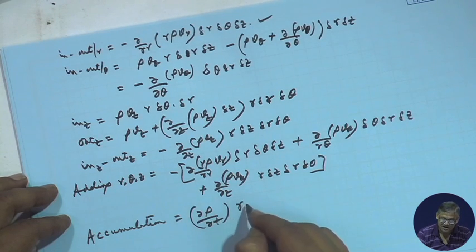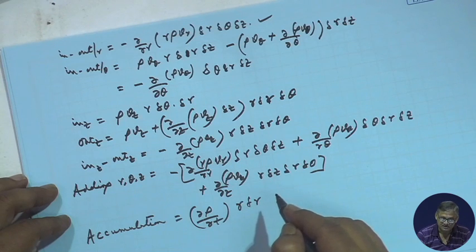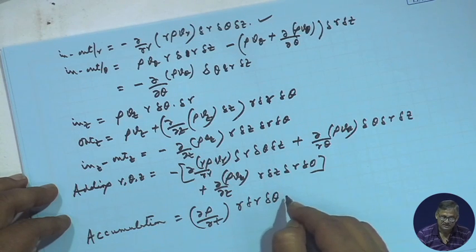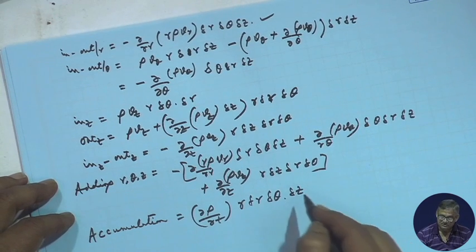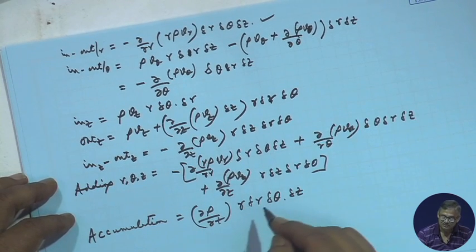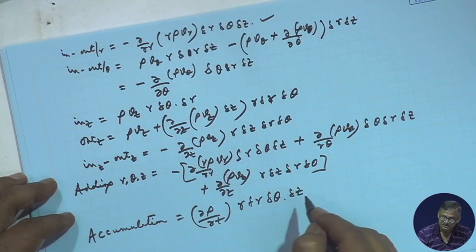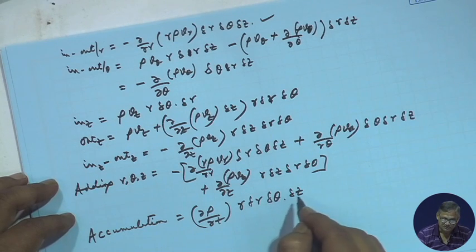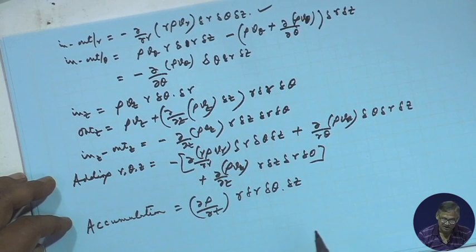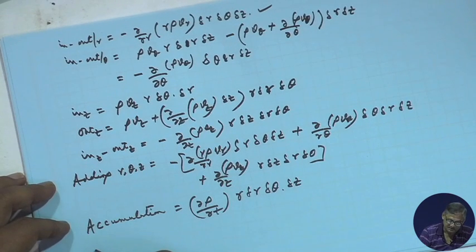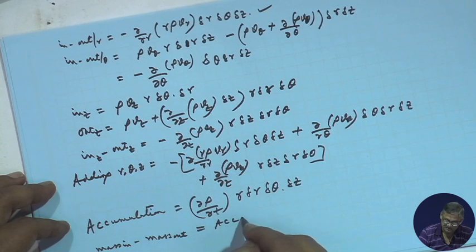The volume element is r del r, one side, del theta another side, and del z the third side. So this r del r is one arc, and del theta and del z the other two. So this is the total volume. Now if we put mass in minus mass out is equal to accumulation,